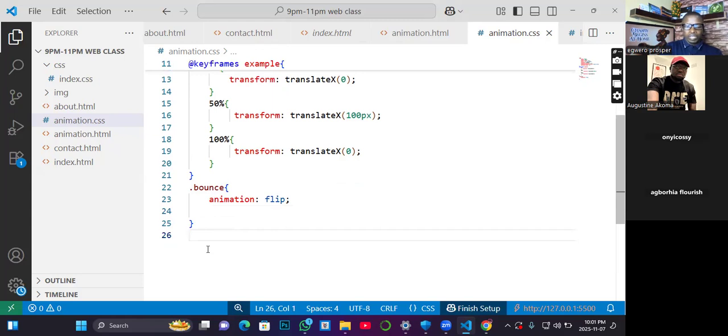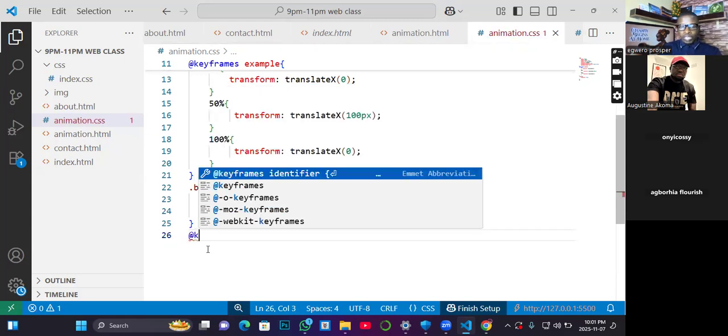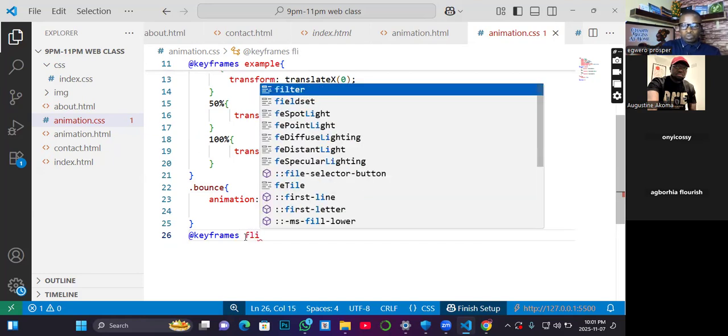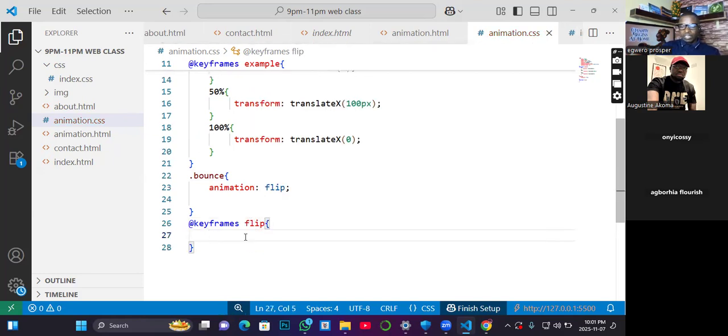So I will just come here and add my keyframe, because that is the only thing I need to be able to implement the keyframe. I must assign a name to the element itself, because it is that name that I will use to connect it. So at keyframe, then the same thing that we did,